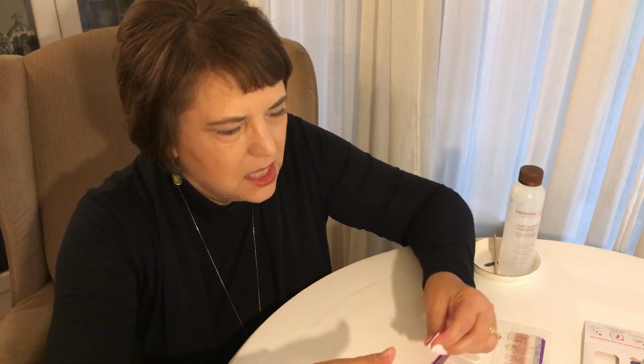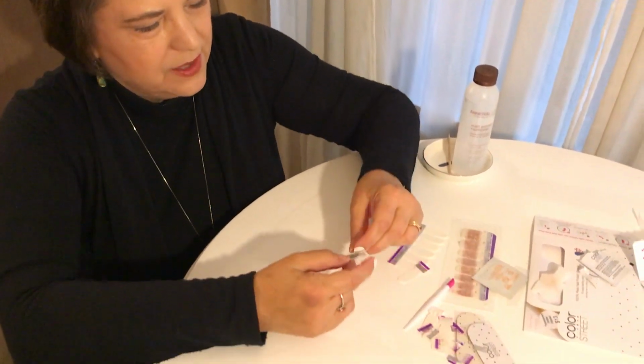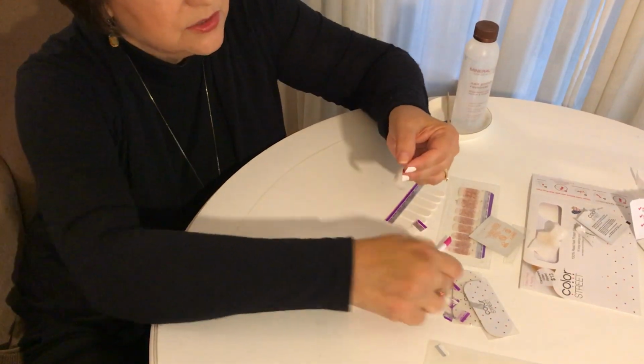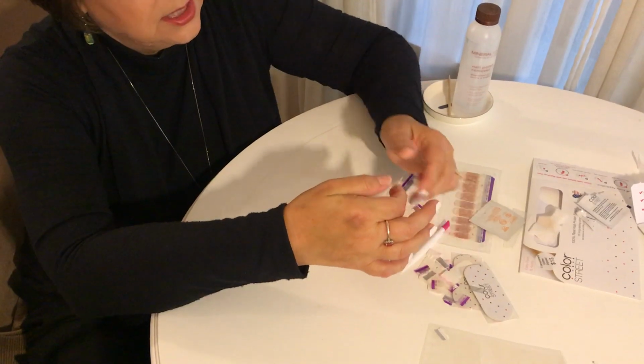Okay, last one is my thumb. Look, I've made it all this way, and I've only used 1, 2, 3, 4 nail strips. So now I'm going to use the 5th. And if I was very ambitious today, I could use the extras on my toes. And I know lots of people who do that. But